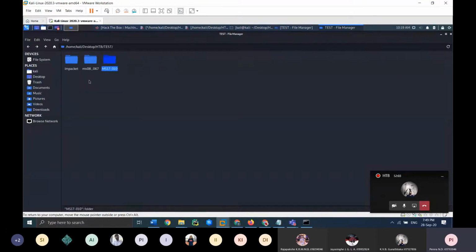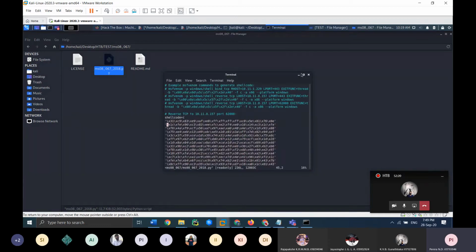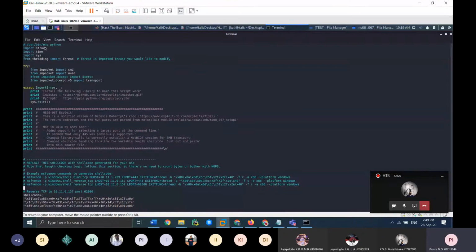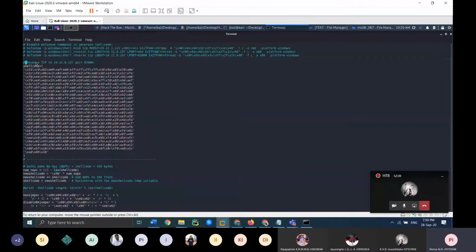So let's start this. First we will be using this. In order to do that, I will be sharing all these resources with you as well. So the first thing is, let's go into this Python file. You see all these things here. You see that it has imported struct and sys and so on. You see the payload here. This is nothing but the malicious code, which has been obfuscated and hidden as well.